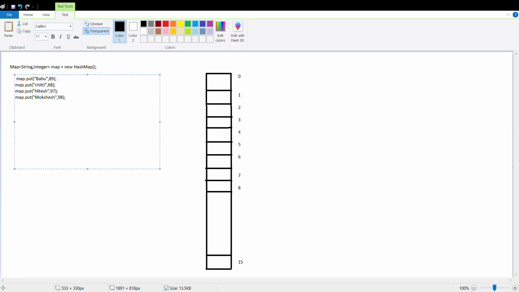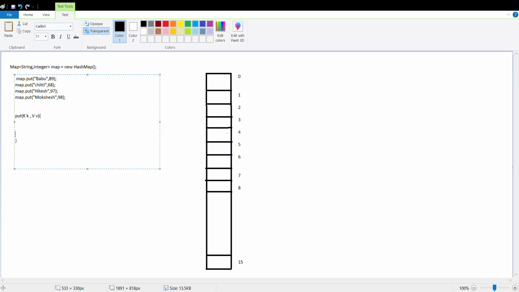Now I'll explain how the put method works, whenever we insert this data into the HashMap. The internal implementation of the put method takes a key and a value.